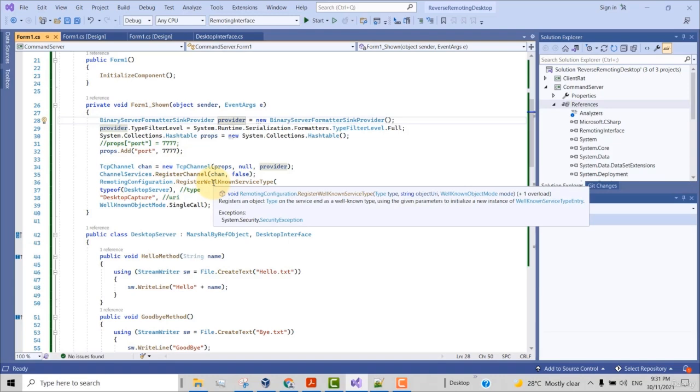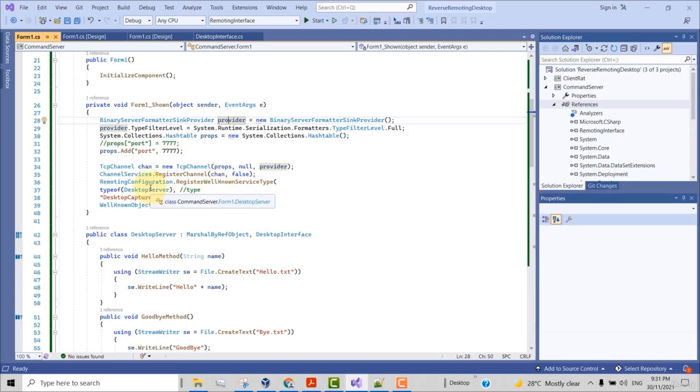A well-known service type of type desktop server, and the URI for it is desktop capture, and we use single call. Single call means whenever a client connects, we will instantiate a new object to handle that connection. Desktop capture is used by the client to identify the resources that this server is providing. Desktop server is the object that we are allowing the client to connect to and have access to, and it